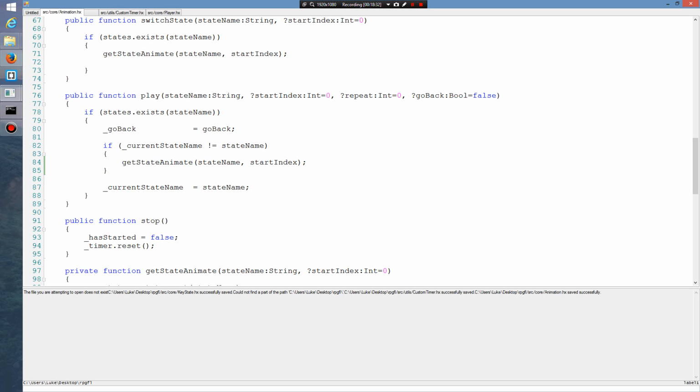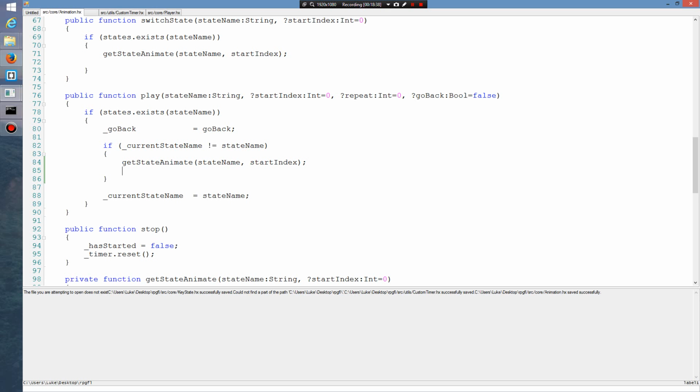So basically what I'm doing here is I want to only get the state animation if the current state name has changed. So the idea is once we've changed,